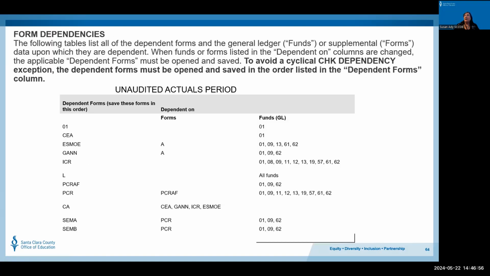All right, this is helpful because for those of you that have worked in SACS, either the SACS web-based or the old SACS system, you know that clearing your TRCs can be kind of frustrating because of all the form dependencies. Every time you make a change in something, it can affect another form, and then you don't get to clear out of your TRCs because you have these form dependencies, fatal errors. So this can help you do that. If you open and close and save the forms in this order, you'll clear that dependent form TRC.